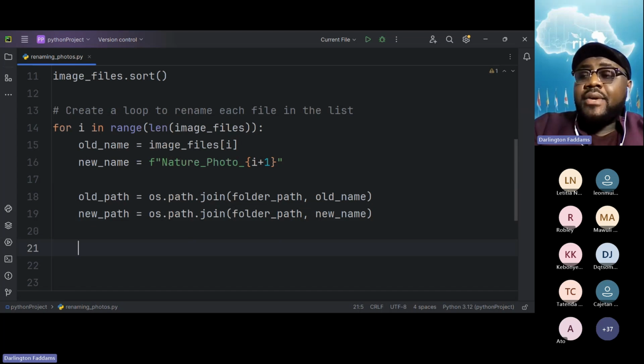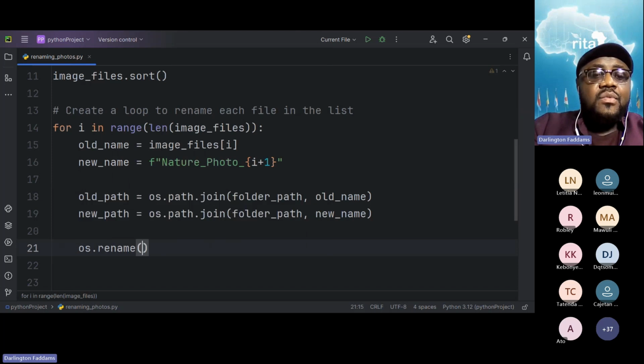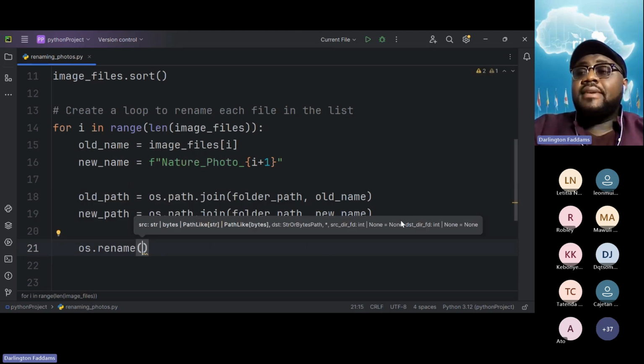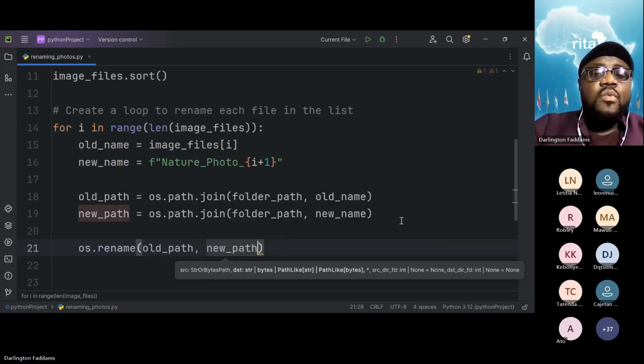So the next OS function we are going to call is going to be os.rename. Now we are going to tell OS to do the renaming. And you provide the old path, comma, the new path. What this means is that